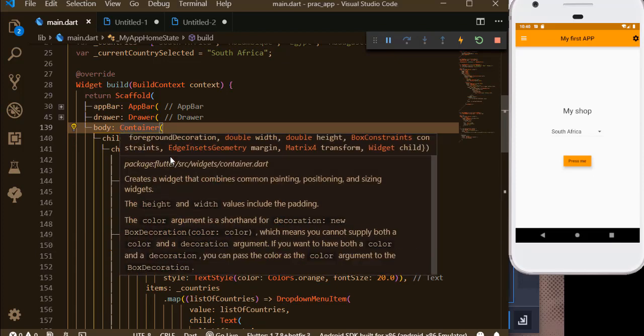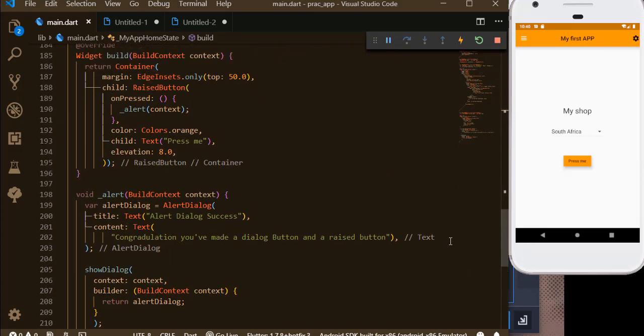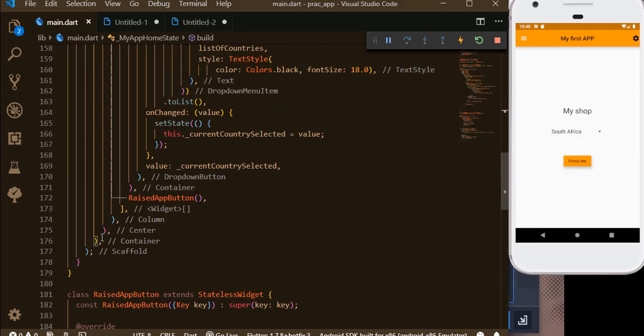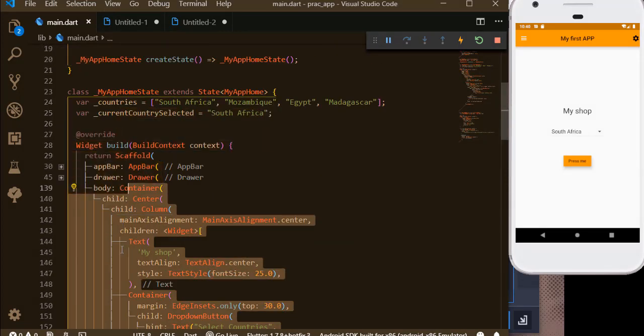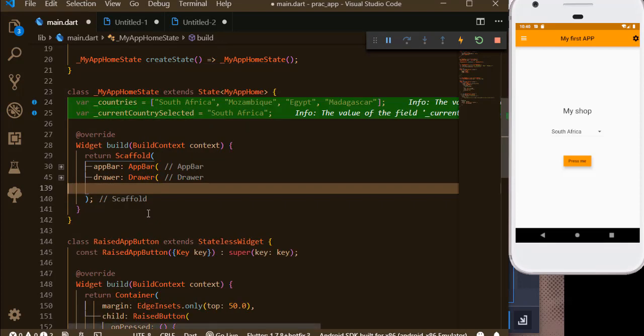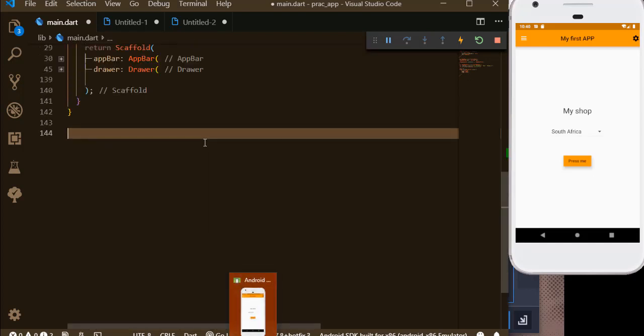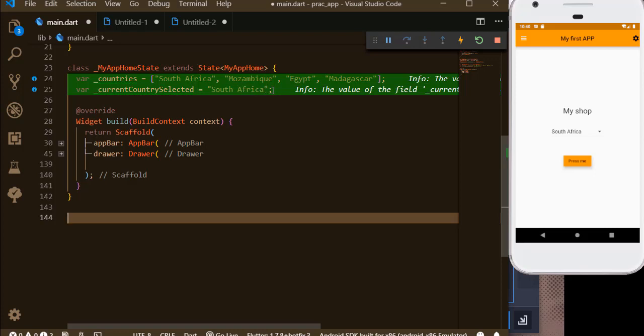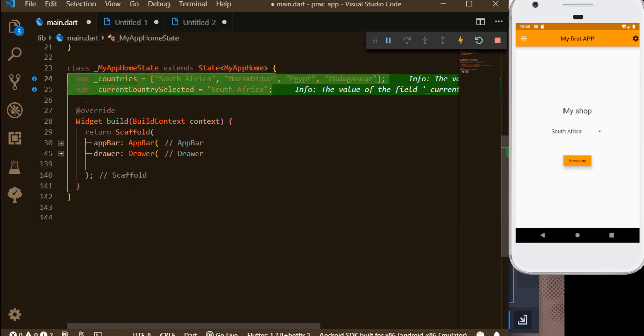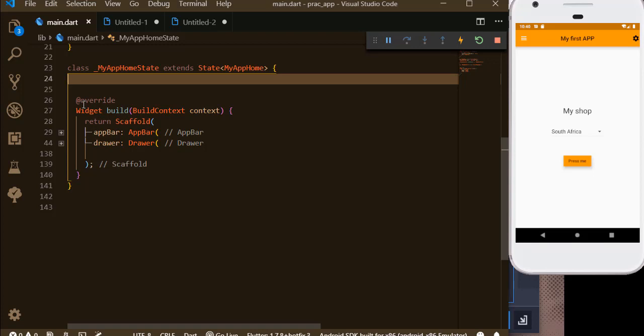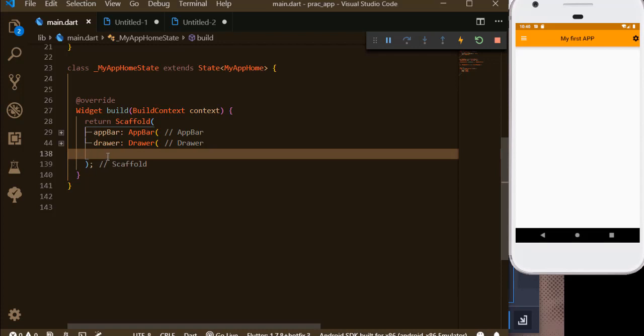Okay, so what I want to do now, let's clean up our code. Let's clean it up, all of it. Let's remove all of it. Okay, let's clean this code up. So when we run our app, it's supposed to be looking like this. Okay, it should be empty. So we're gonna introduce